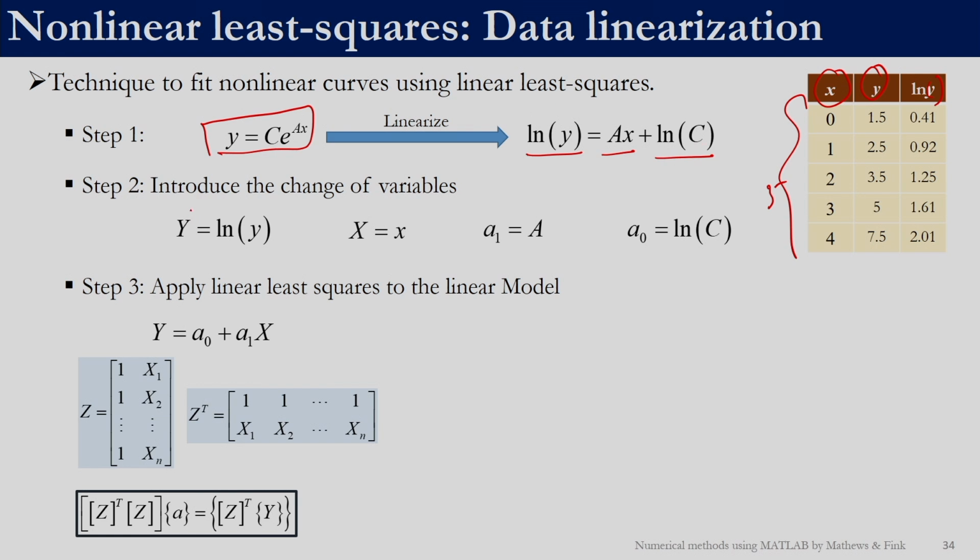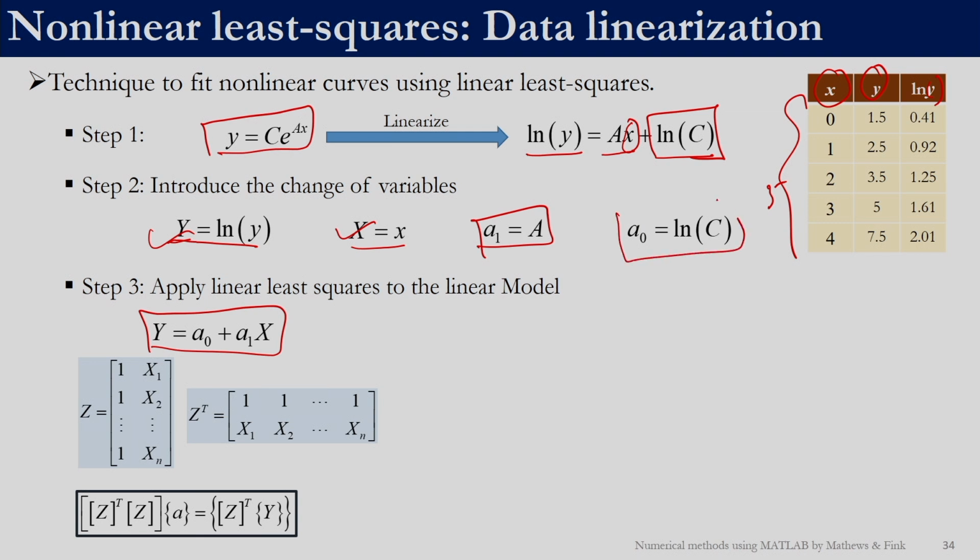So, ln y can be represented by capital Y, right. We will use uppercase Y as ln y, and x let us say is the same variable x. We are basically comparing it to y is equal to a naught plus a1 x, right. Here this is a constant term, this is the independent variable, and this is the dependent variable term, right. So, we can calculate y, we can calculate x. A1 is nothing but capital A and a naught is ln c. So, we are comparing this model with this model. If we use this variable transformation, this model will boil down to this one, right.